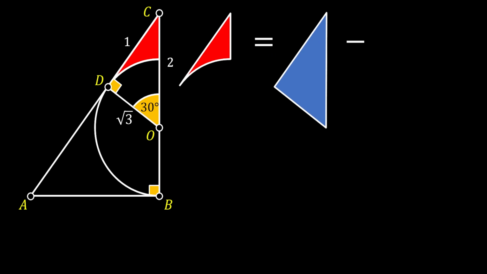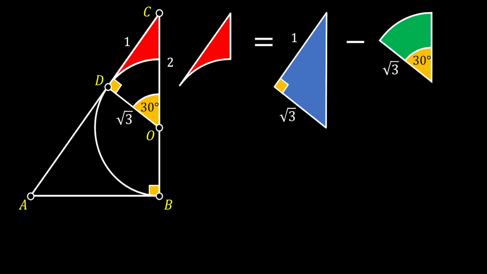Now we have everything that we need in order to find our red shaded area, and we can find it as the difference between the area of our triangle and the area of the circular sector. So our right angle triangle will have the legs of 1 and square root of 3, and our circular sector will have the radius of square root of 3 and the central angle of 30 degrees. So our red area is equal to the area of the right angle triangle, which we can find as half of the product of its legs, minus the area of the circular sector, which we can find as the central angle times radius squared times pi